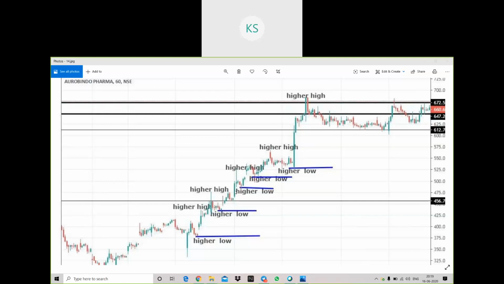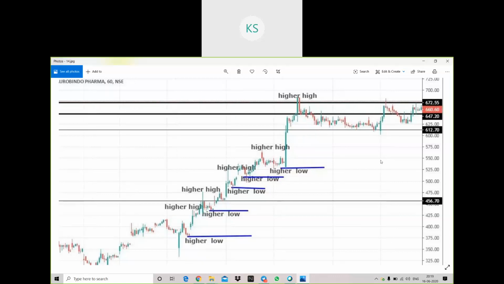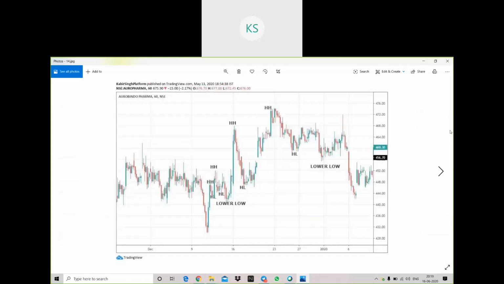If you have the capital and you can stay in that trend, you should stay till the stock is continuing this condition of higher highs and higher lows. Till these conditions are fulfilled, I will be staying in this stock. That is one way of trading. This is trend, and in this way you can stay in the stock for a longer time to book longer profits. I'll show you an example of when this higher highs and higher lows concept is broken, and you should exit.